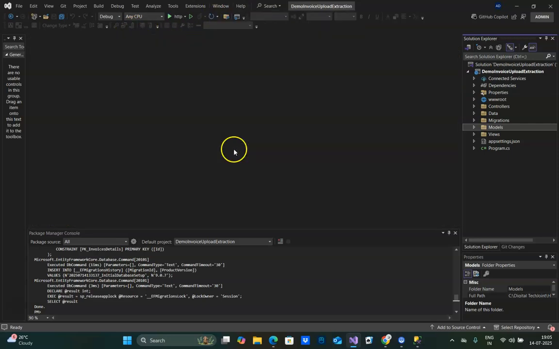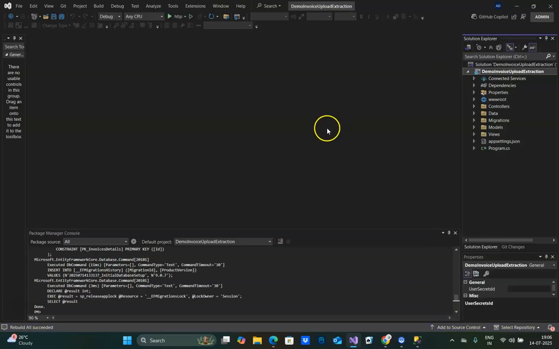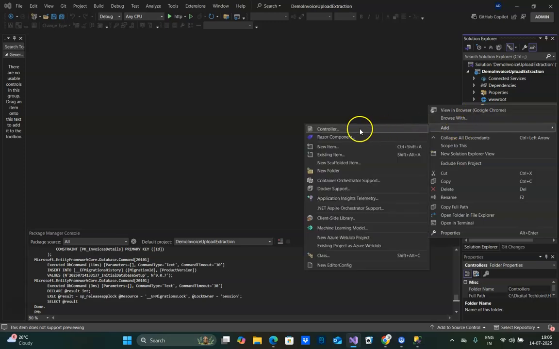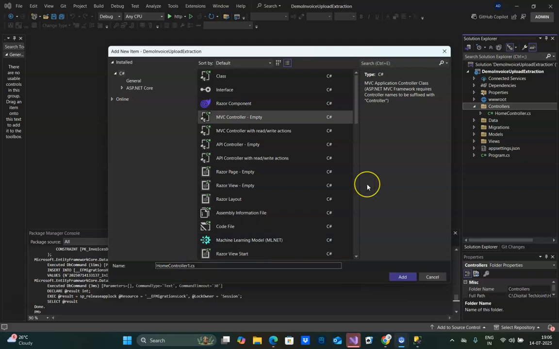So let me close everything and rebuild it once to ensure there is no error. Yes, there is no error. And now what I'm going to do is create a controller class. So right click on the controller, say add controller, and here we will select an empty controller. I'm just going to remove this one over here and just